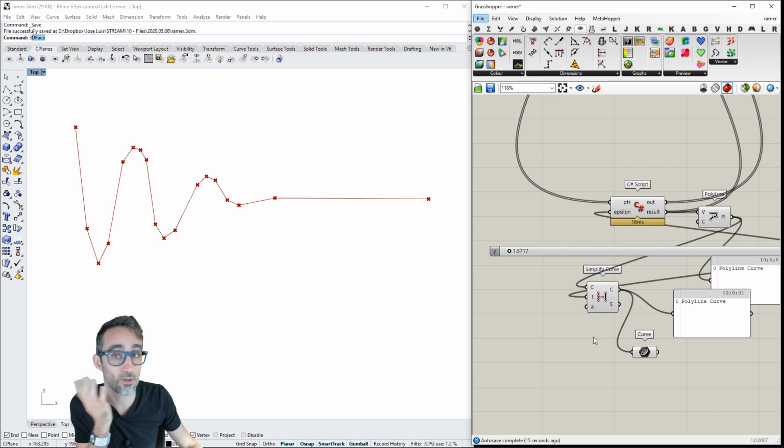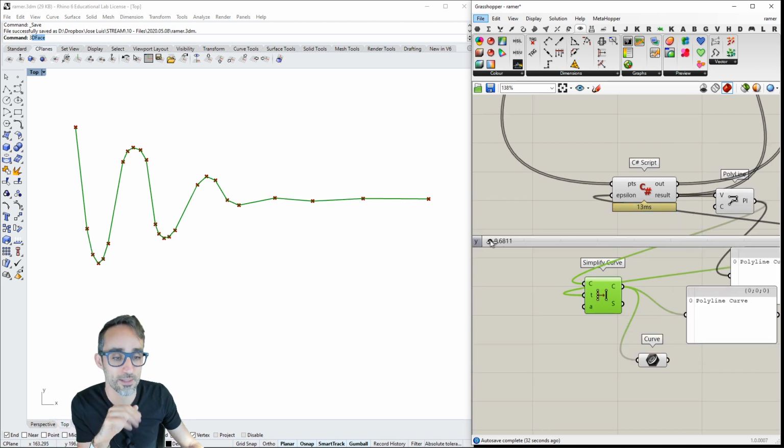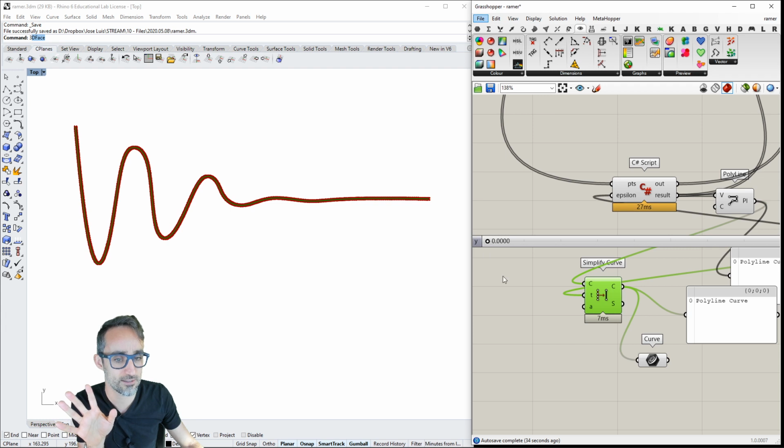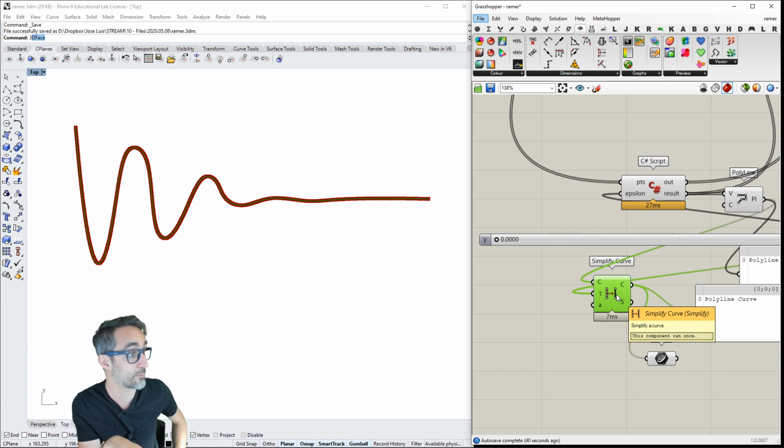So usually a way to measure optimization is computation time. It's mostly computation time, actually, I would say. So this one is much faster. Also, this component is compiled. When you compile components, they're also much faster. But that's a different story. You can see that when it's 0, mine took almost 30 milliseconds, whereas this one took 7 milliseconds. So this one is much more optimized.